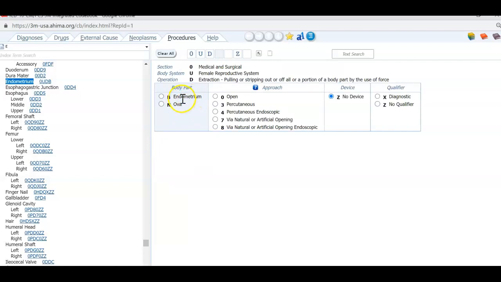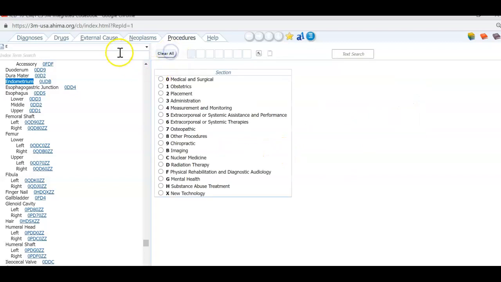And then we know it's the endometrium. And then that takes us to our approach, device, and then we have diagnostic. So once again, there's a couple of different ways we can go about finding that code. All right, I'm going to do one more, and then you can be on your way to do your assignment